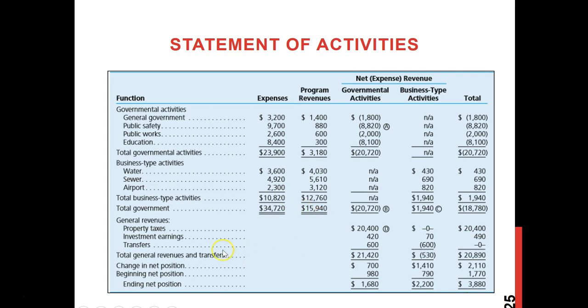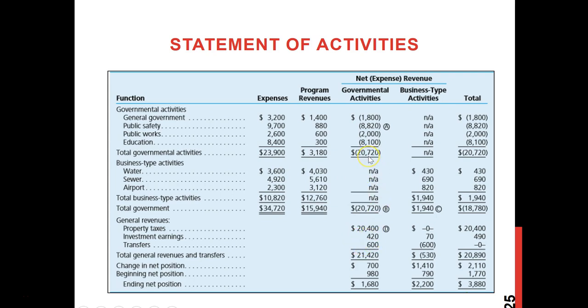Now they will show their general revenues. The major sources of these general revenues, of course, are taxes, right? The government collects tax from the public, property tax or any other type of tax. And they might have some investment earnings or some other type of transfer. So now you will see that the majority of these taxes or general revenues are used to finance these governmental activities. So those are, when you show this column, in the governmental column.